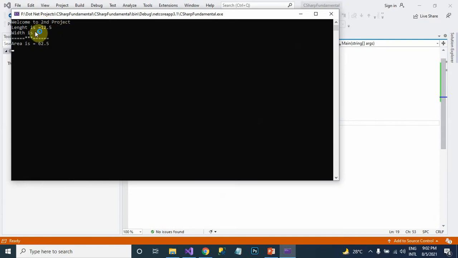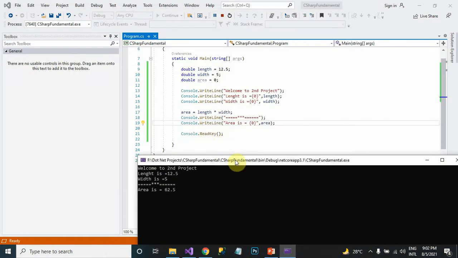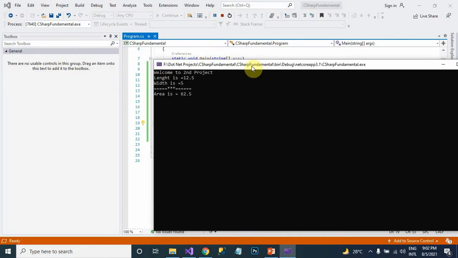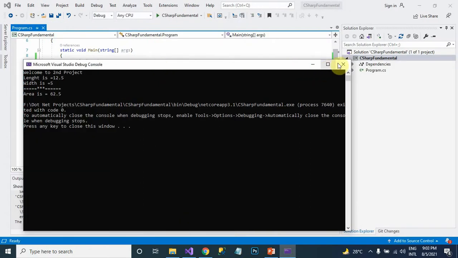Welcome to second project. Length is 12.5, width is 5. When multiplied, the area is 62.5. Now you can see here Console.ReadKey, the cursor is blinking here, just press a key and it will end the program.